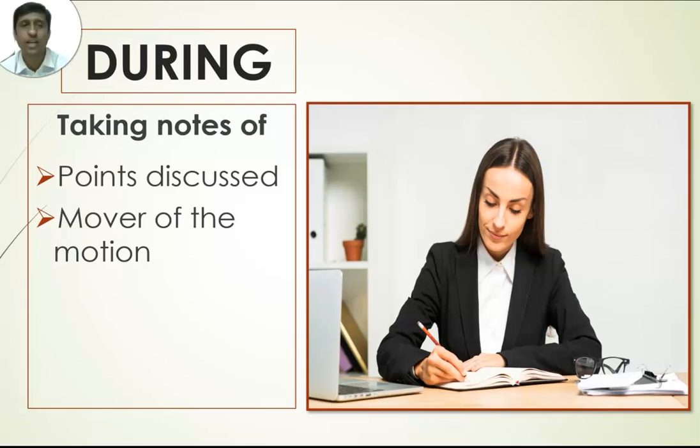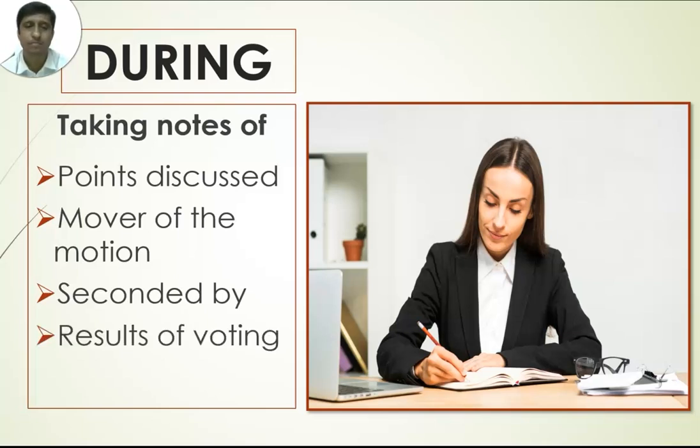Who was the mover of that motion when there is any motion passed at the meeting? Now what is motion? Motion is a definite proposal put forward by any member for the purpose of discussion, and the person who passed this motion is called mover of the motion. So who has made the point for the discussion? What's the name of that person? What is the point all about? Who seconded that point, that is who supported it? Name of the seconder also secretary has to make a note, because that will be recorded in the minutes book.